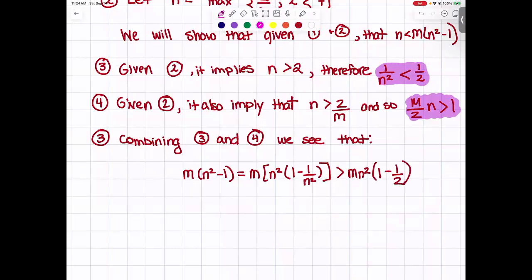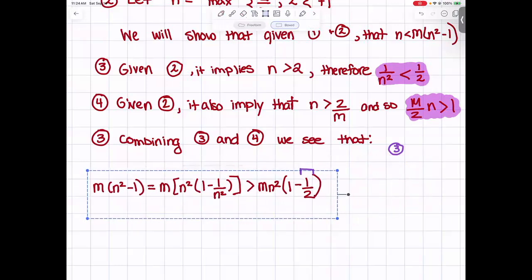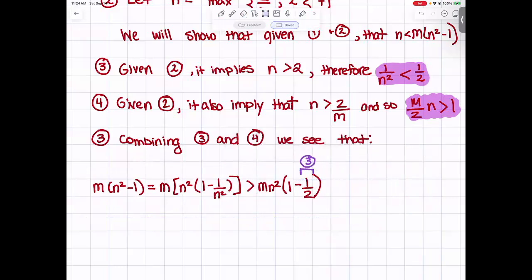This here is true because of step 3, just in case you were forgetting why that's true. This is then equal, oops, my eraser just randomly showed up there. Let me move all this over so I can keep this all in the same line as much as possible. Anyway, sorry. This is then going to be